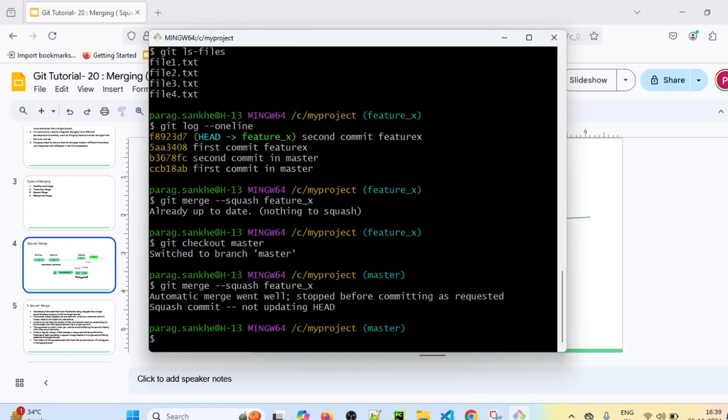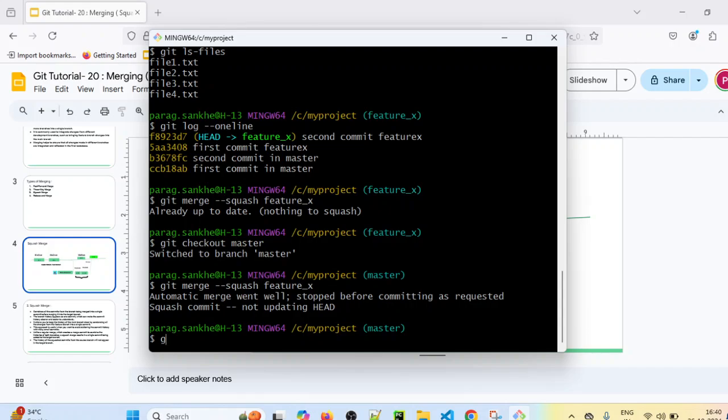Let's execute this command. If you see, the automatic merge went well. So the merge is done, but we have to do one commit actually. It has squashed all the commits of feature X branch into a single commit, but that commit is still to be committed. In master branch, all the changes are merged now.